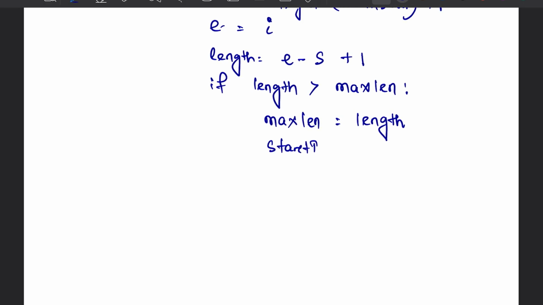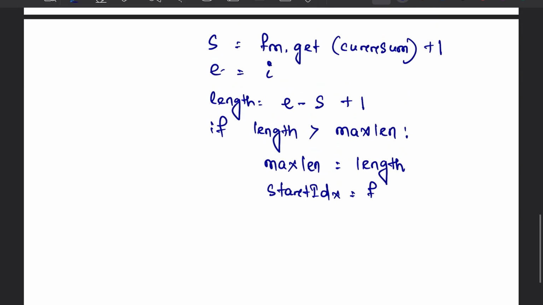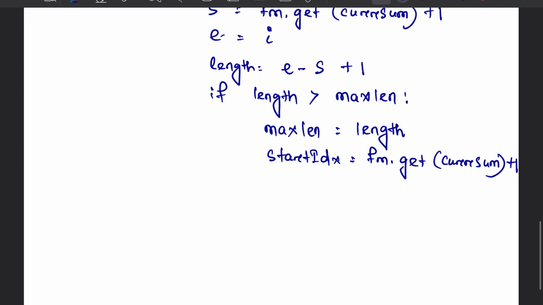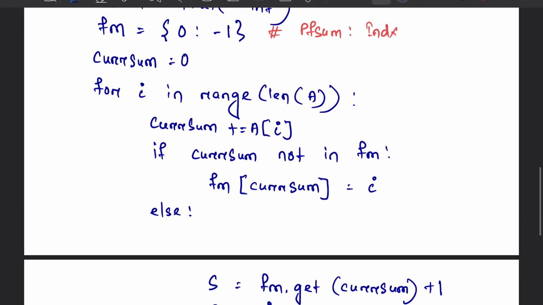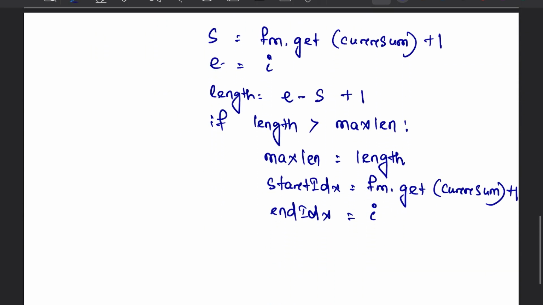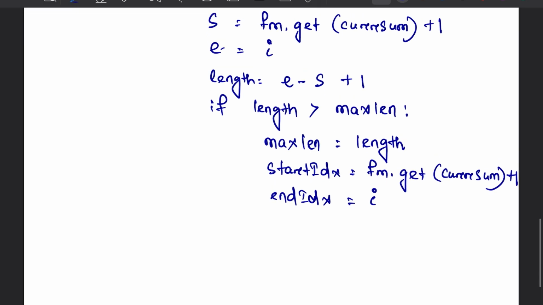So start index will be the same, like we got that current sum +1, and end index equal to I. Now we will repeat this till the array is completed. At the end we will check